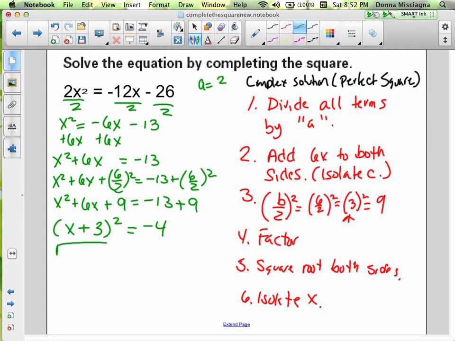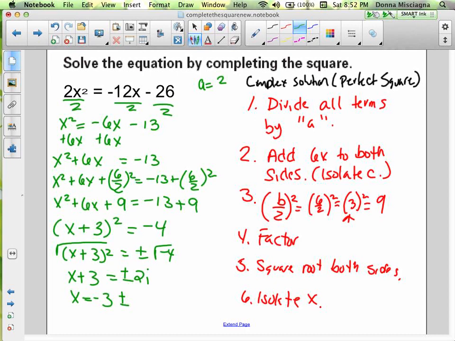And then we take the square root of both sides, so we have x plus 3 squared equals plus or minus the square root of negative 4. Square and square root cancel, so we have x plus 3 equals plus or minus the square root of negative 4. Negative 4 is a perfect square, so it's plus or minus 2i. And now all we have to do is subtract 3 from both sides, so we have x equals negative 3